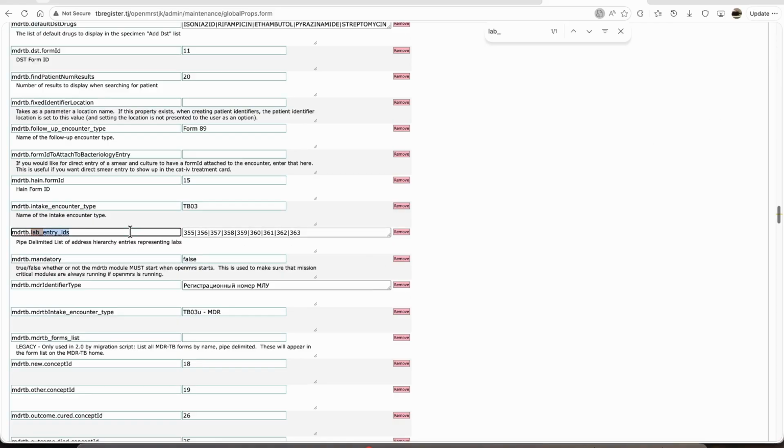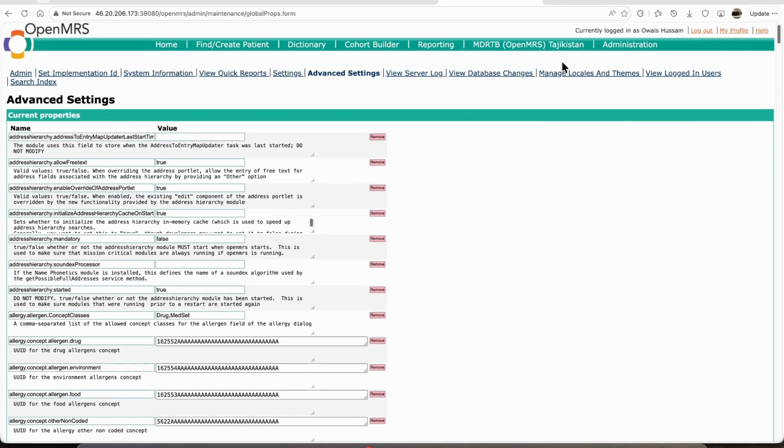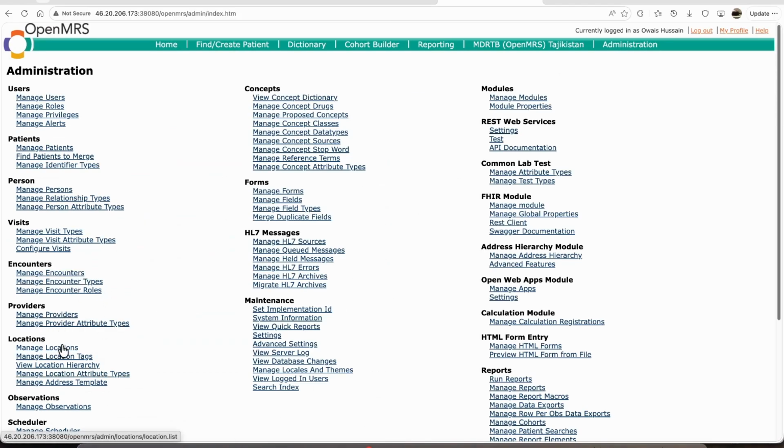Yes, so as you can see, there is a global property called lab entry IDs, and it has pipe sign separated hard coded IDs of the locations, which are the GB lab IDs. So these are labs in the system. However, in our current upgrade, what we are going to move to is this. We are not going to hard code any IDs. We will just